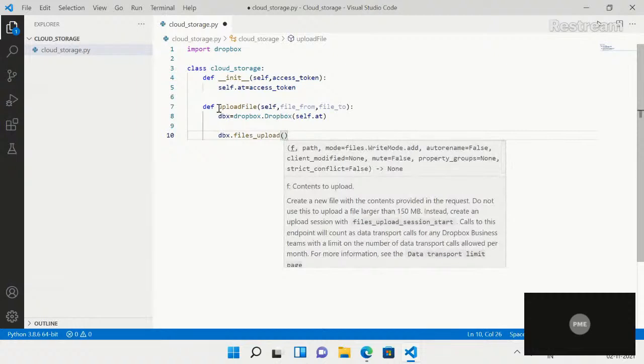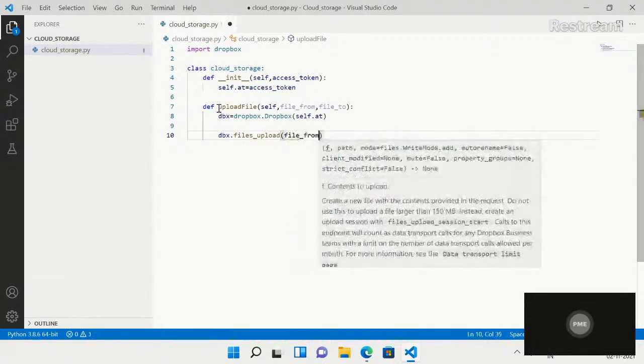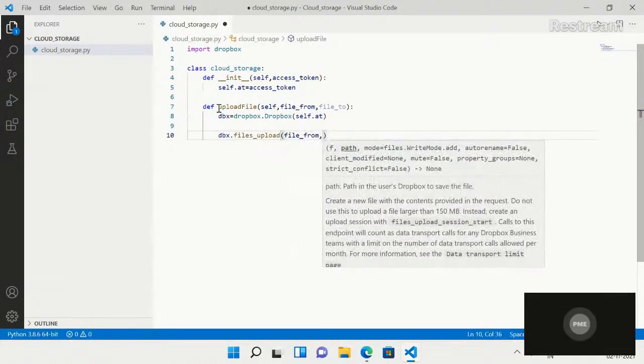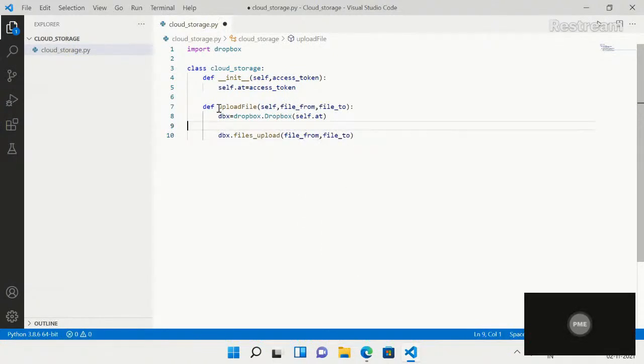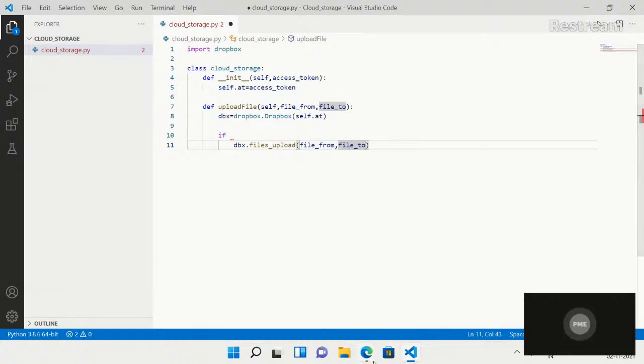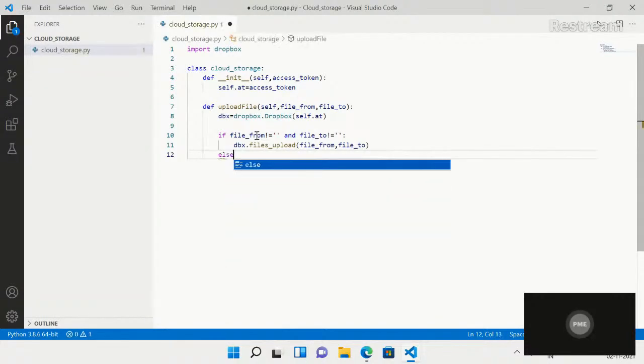The file which you want to upload will be the first parameter, which is file_from, and where it is going to be uploaded would be the second parameter, which is file_to. And we need to give an if condition to check that both are given, or else where would those files be stored? File_from is the file that is going to be selected, and file_to is the place or the location. So if file_from is empty, or one of them is empty, we would type else, print,